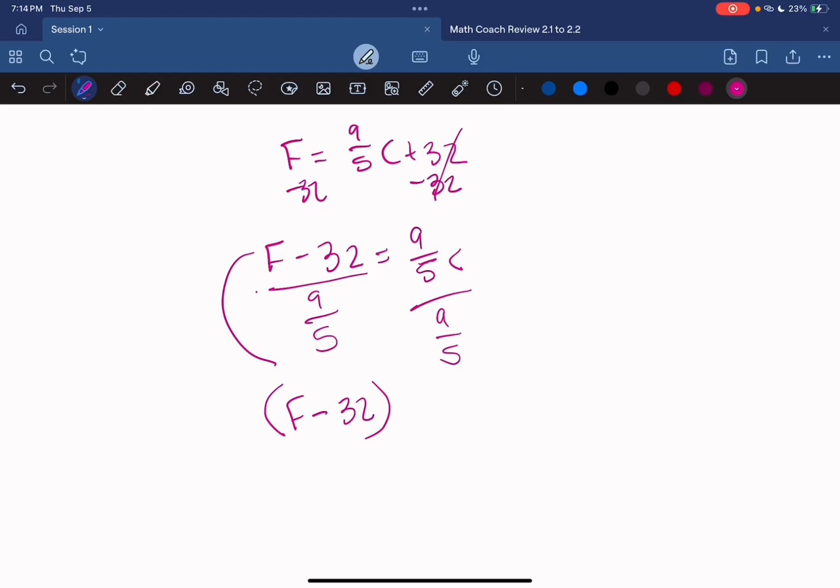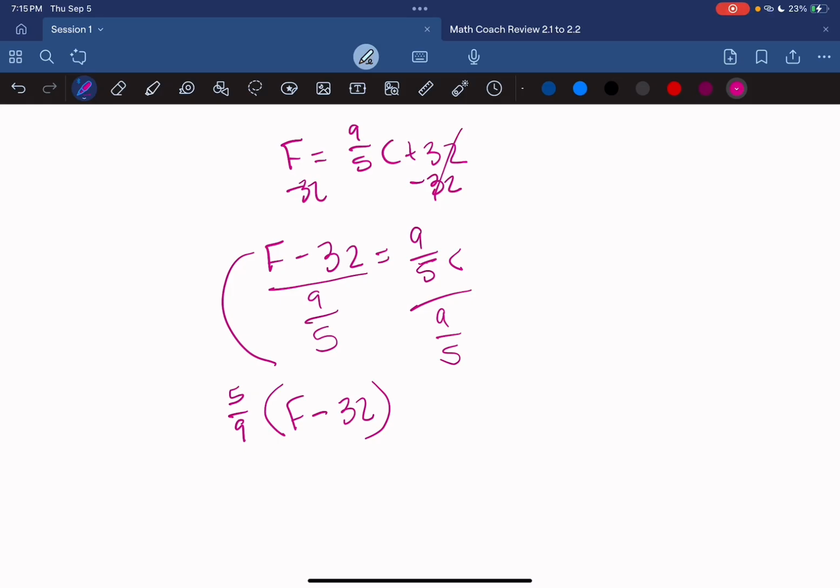We change the division sign into a multiplication sign, which we don't usually put out here. You can put it towards the end, but why not put it towards the beginning? And then the reciprocal, which is what you switch. So 5/9. It is 5/9 times F minus 32, but